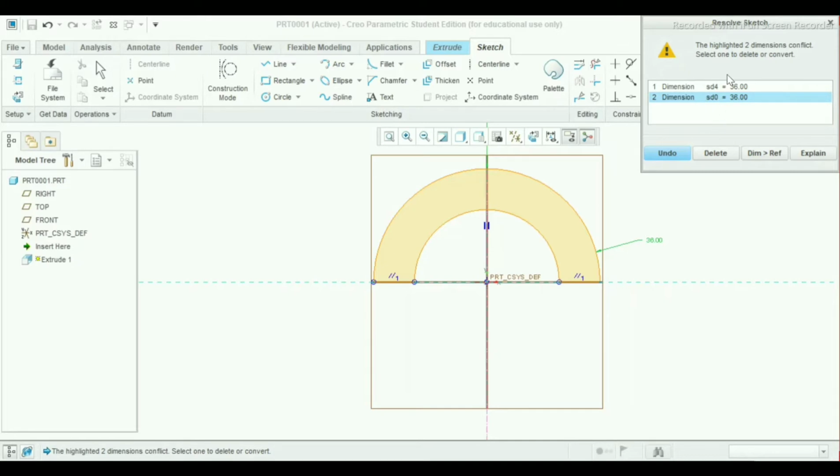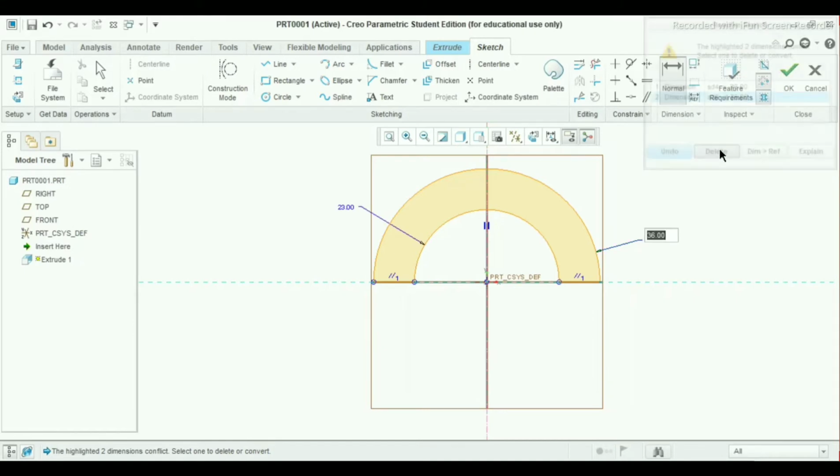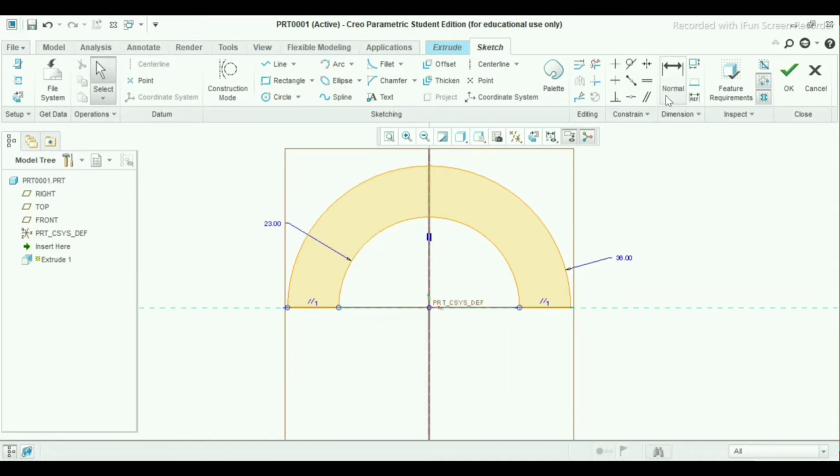Here two dimensions are given, so I will choose only one. Delete this dimension. Okay, now both our dimensions have become strong. As you can see, it changes its color. Press scroll button so that we leave this command.